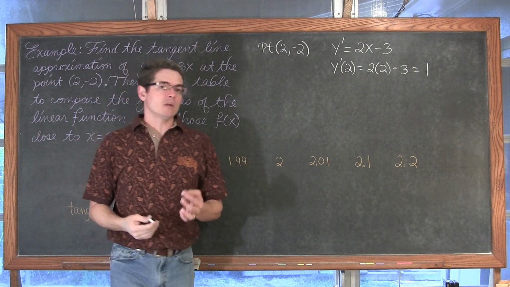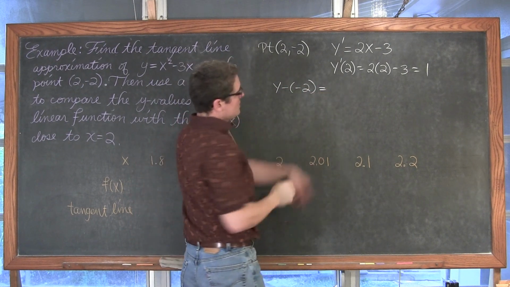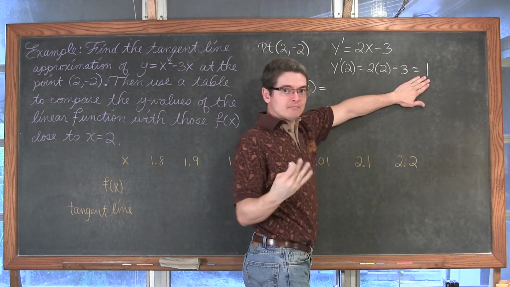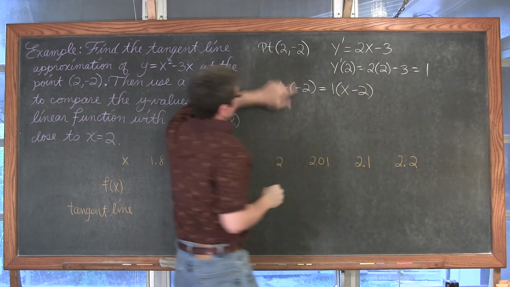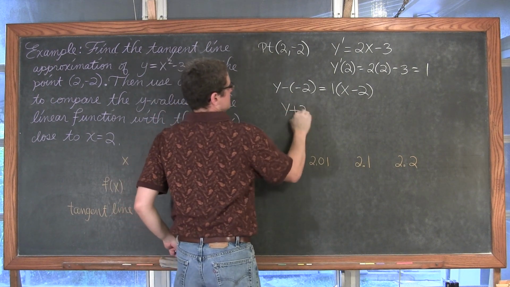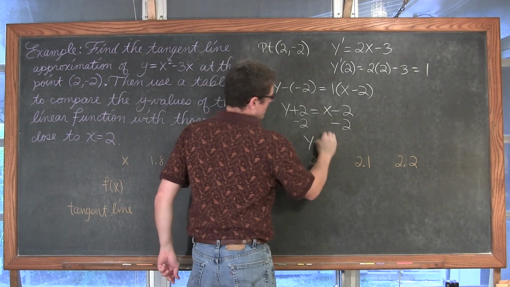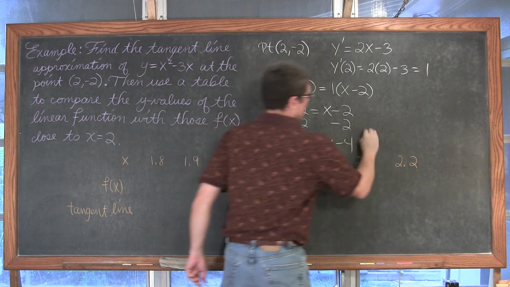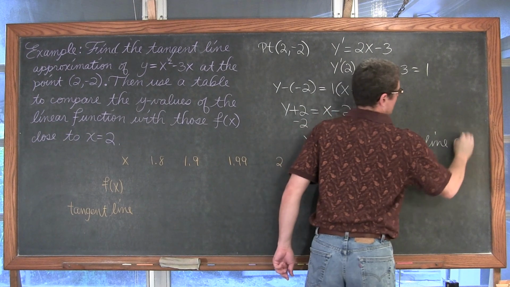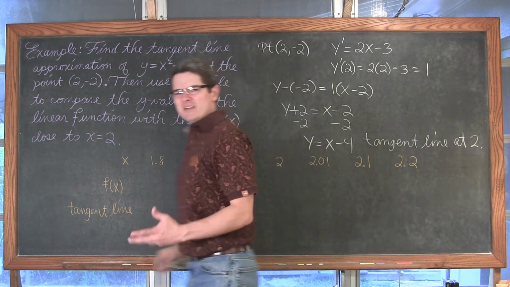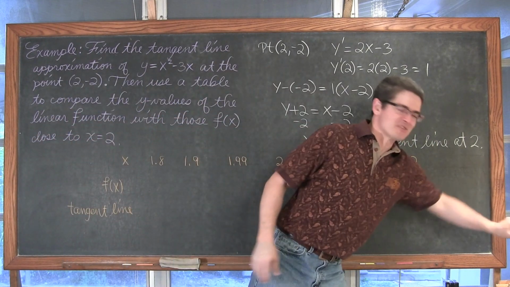And that means our tangent line is y minus y sub 1 equals our slope, which is 1 at the point x equals 2, times x minus 2. And we have y plus 2 is equal to x minus 2. Go ahead and subtract 2 from both sides, and y equals x minus 4. This is going to be our tangent line at 2. I think it's so cool that I'm going over a concept I teach in Algebra 1 and Calculus. I love how all this stuff just ties together.